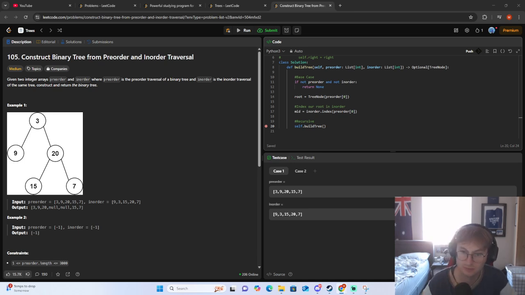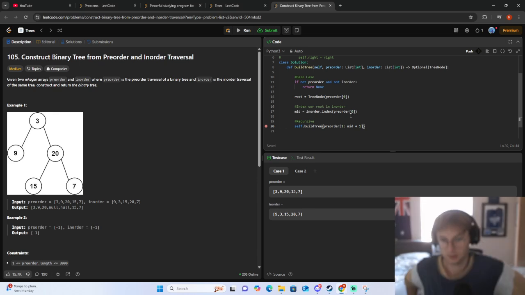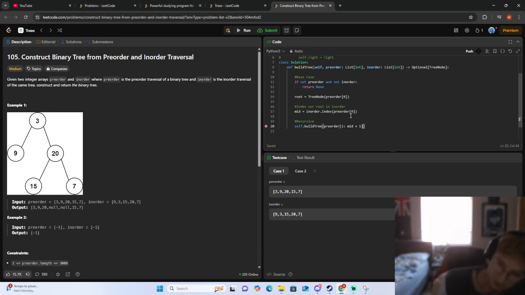I think we'd want to go from 1 to the length of mid plus 1. How do we do this again? I think we would go the pre-order like this. Alright, from 1 to mid plus 1. And then,